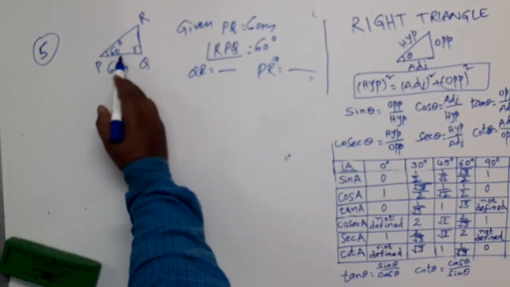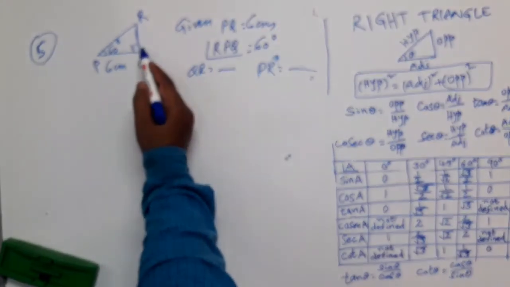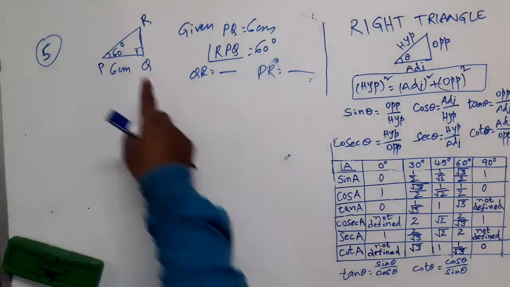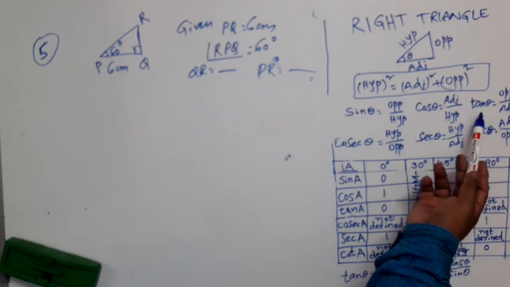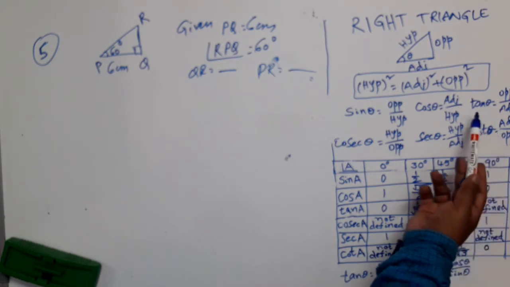Let us say I want to find QR first. This side is opposite to this angle, so I want the opposite side. I know the adjacent side. So I will search for the ratio which can relate these two. I have how many trigonometric ratios? 6: sin, cos, tan, cosecant, secant, cot. Opposite and adjacent are linked in which ratio? Opposite side by adjacent side is tan. Tan theta is opposite by adjacent. In the same way, cot is adjacent by opposite. Either of these two I can consider.